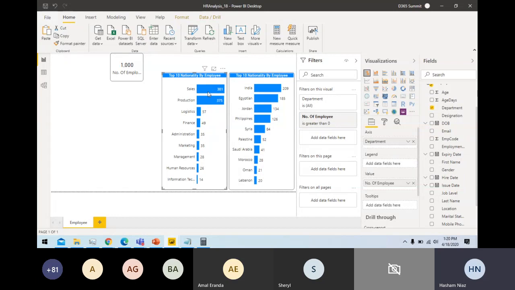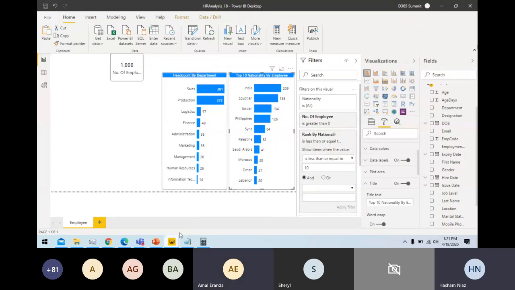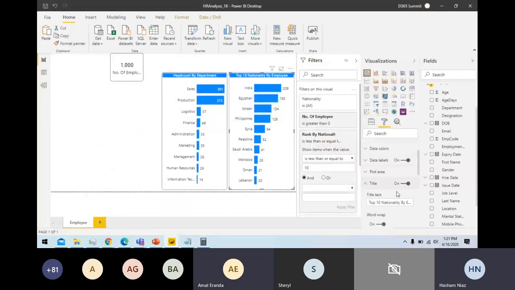Okay, now I want to also plot this. I need to adjust the title, so let's adjust the title as well. The title says number of employees by department. So let's go head count by department. Here I also need to change the title, just to be symmetric. So I don't use employee, I use the head count everywhere.